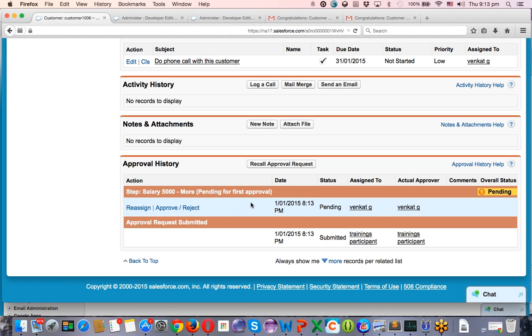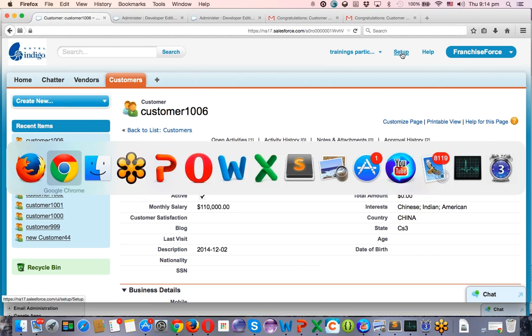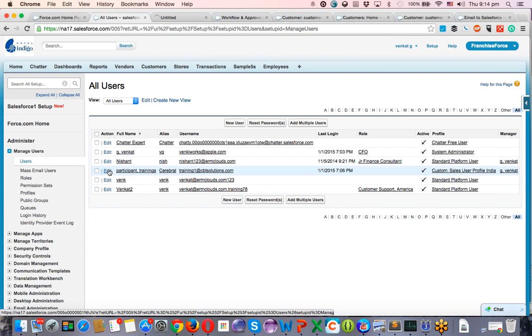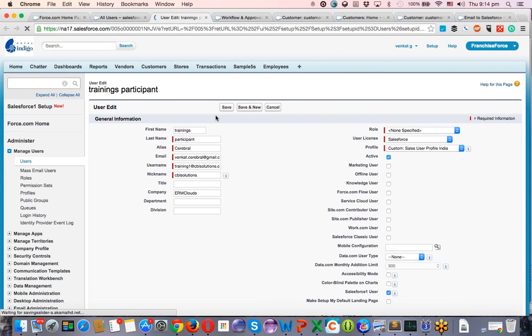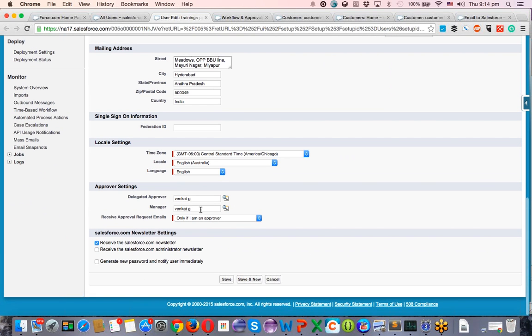Okay. If I go to my settings, or I can check this from here. Click on edit. Who will be the approver of this? Yeah. I am. So the manager is Venkatji. So the request will go to this guy. Obviously,